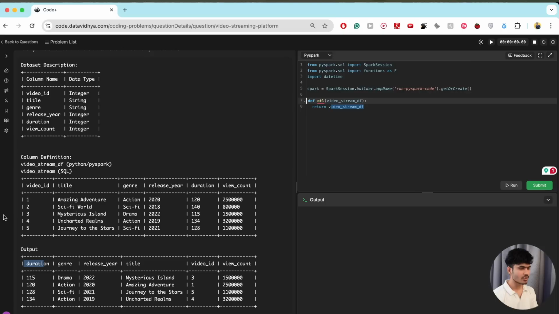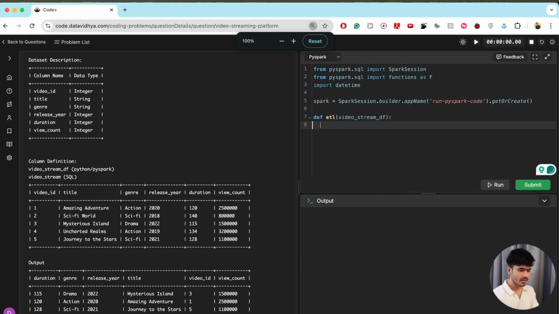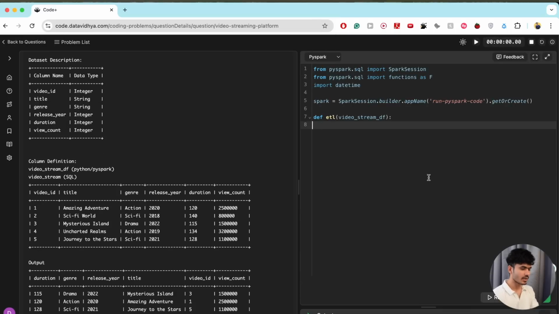Let's directly start writing the code. Okay, so I'll just remove this. You can start writing the code with me. Let me just zoom this a little bit so that you guys can see. I can also collapse this so that I can see the entire thing. Okay, first of all, we can directly do current year is equal to 2025. I want to get the last 5 years of information. So I can store the current year like this, or I can also pull it dynamically. We will modify our code as we move forward, but let's move forward with this.